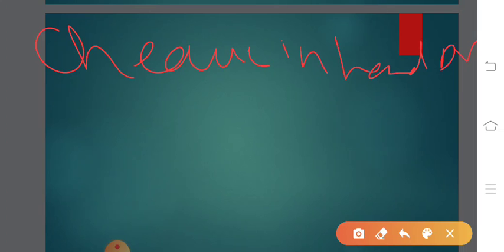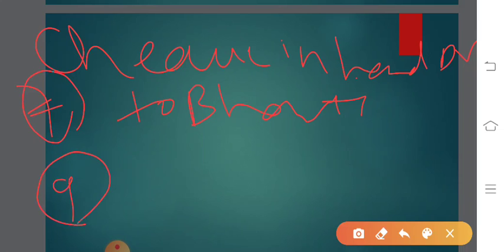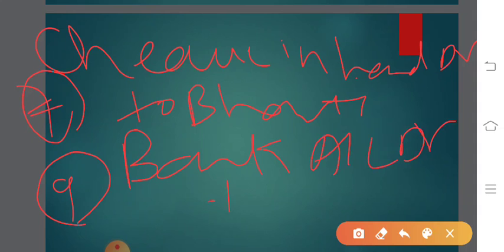And from whom have we received this check? From Bharti. So, to Bharti. This is to be written on 7th of June. Now on 9th of June, we deposited the above check into the bank. That means now the check is going to the bank and the bank will collect the money. So now the bank, being the receiver, will be debited. So bank account debit to check in hand.